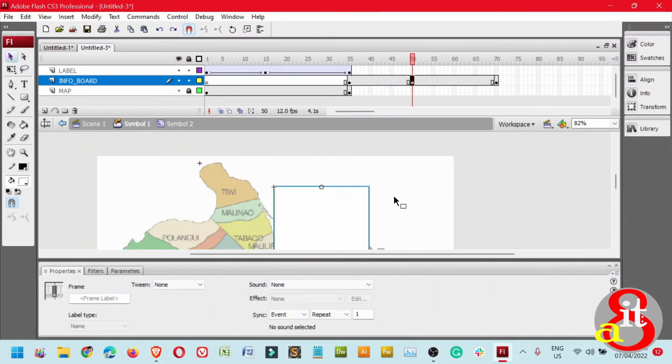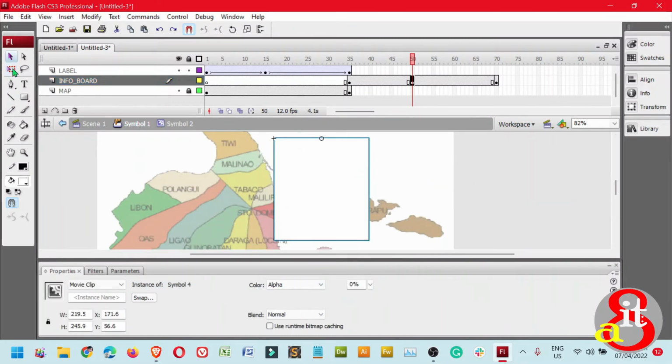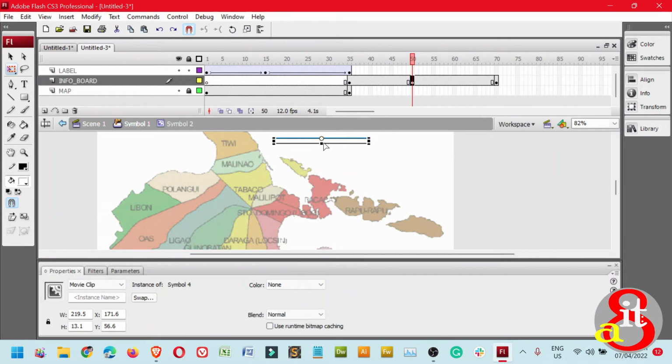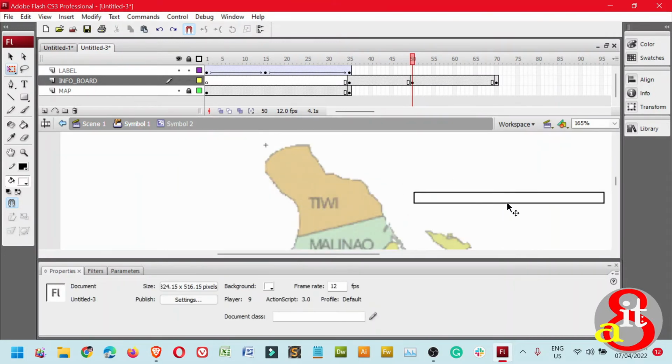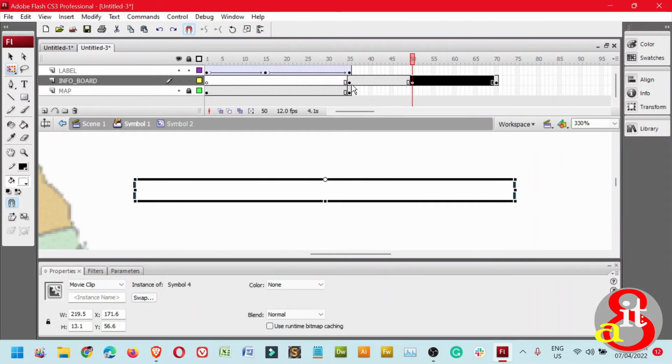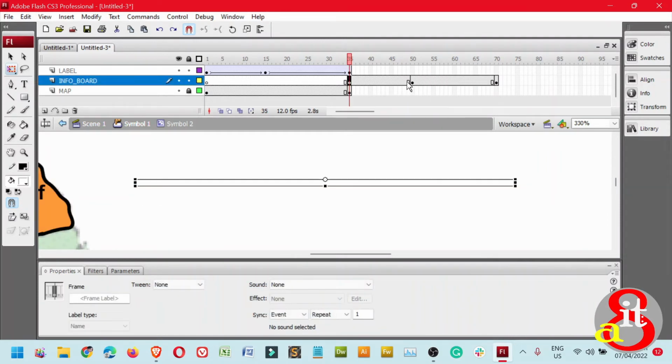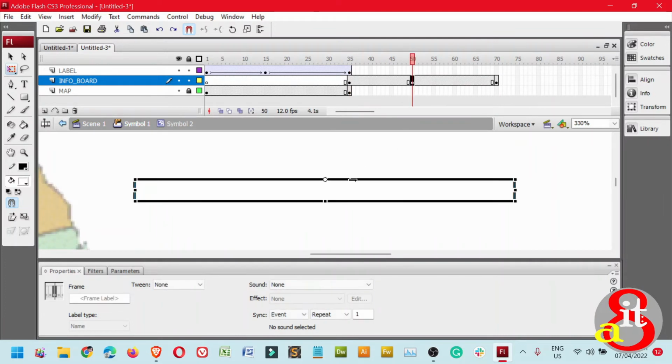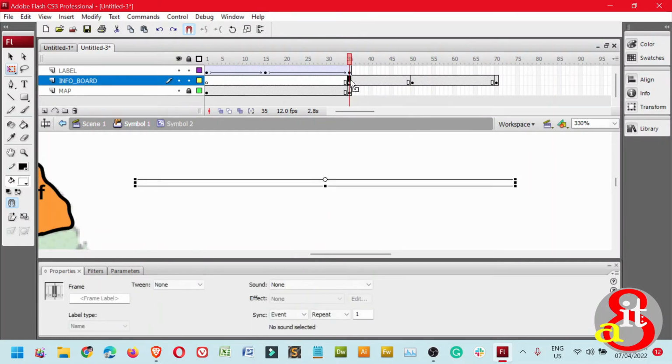Control negative. Use the free transform tool and then resize the object. Zoom in, control positive. Okay, let's check. And then let's resize this one. Let's check again. Is it balanced? Yes, it is balanced. And next, click the 35 from the info board and hold down the Shift key